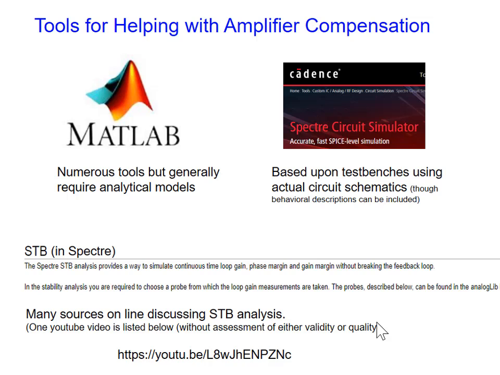So let me briefly mention tools that help give you insight in regard to compensation. Compensation is not trivial. Conceptually, it looks pretty straightforward, but when we have to worry about breaking the loop and looking at the loading effects on the loop, it becomes more challenging than it might appear on the surface. So a lot of times we use tools to help us out. MATLAB is great for giving us insight into how the system performs